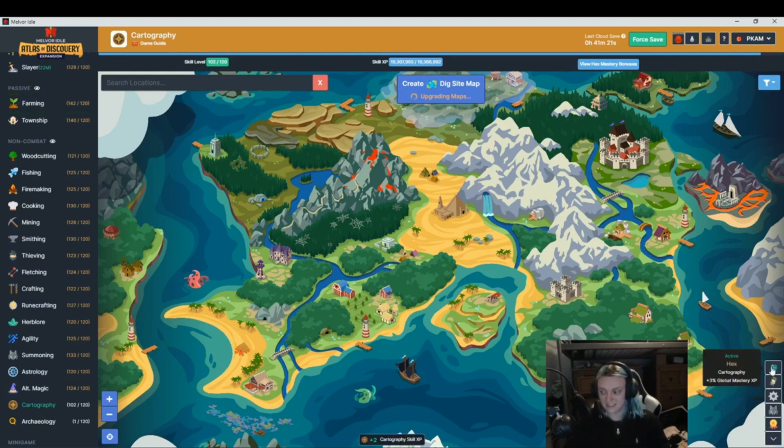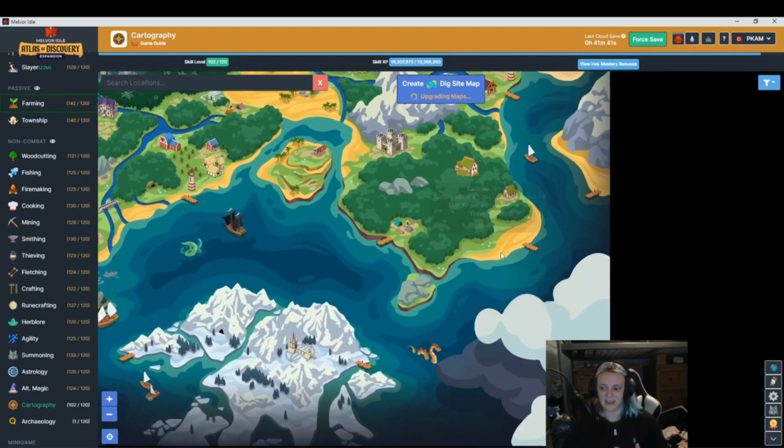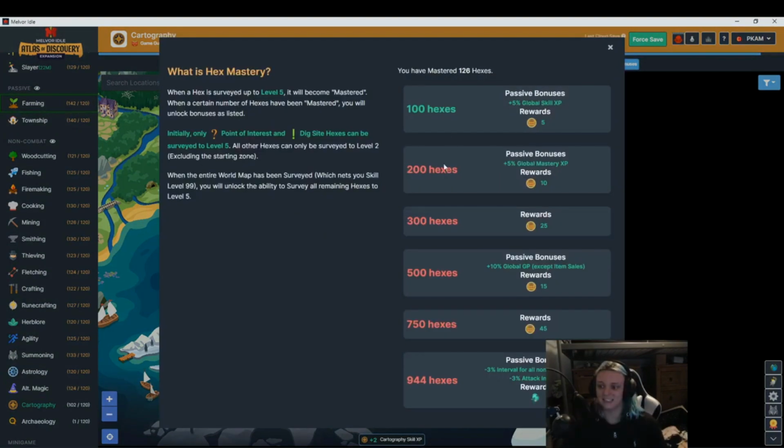The second pet is Hex, and that gives plus 3% global mastery experience, and you get that when you unlock the entire world map. So essentially going through and unlocking as I do, and that's a guaranteed pet when you unlock everything. And the third pet, which is going to be the long-winded pet that you're going to get last, is essentially